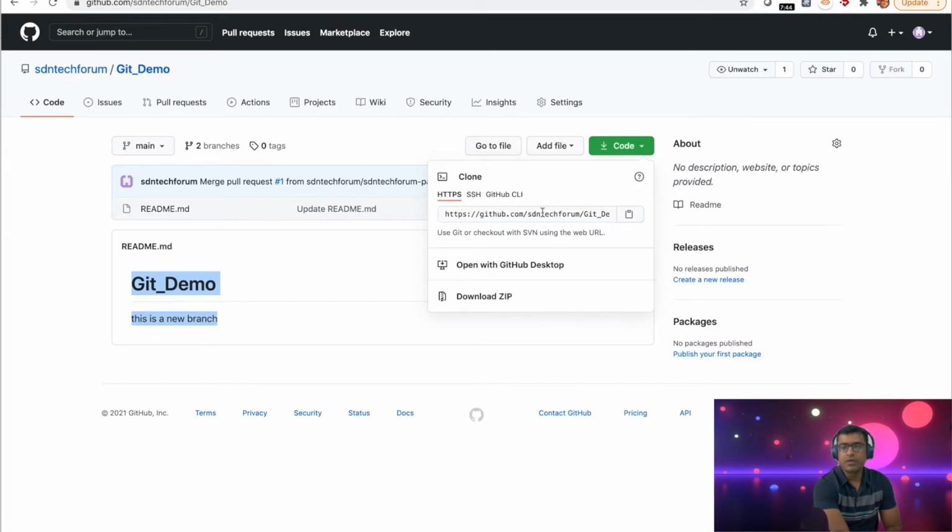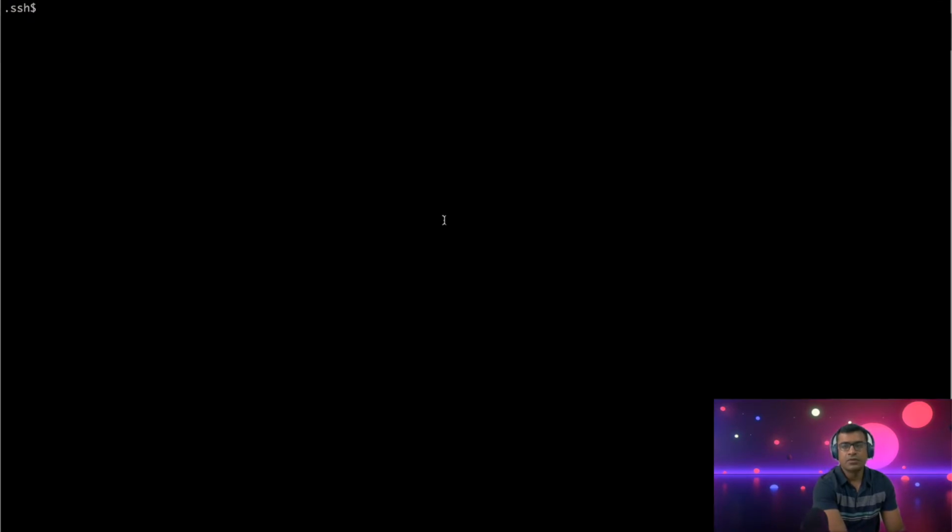So when we work with remote local GitHub, we will see how to clone this code which is available on our GitHub website. All right, now let's go back to